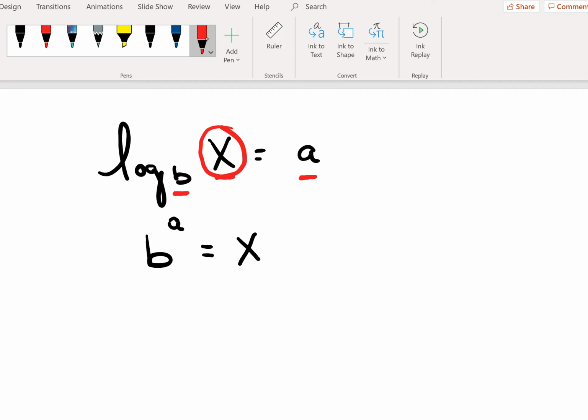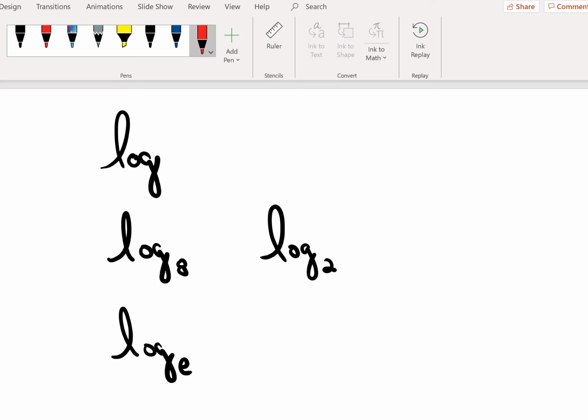Now, this is the very fundamental definition of the logarithm, and we don't execute this process as much as you might think, but we do need to be familiar with the properties. First thing we need to discuss is a bit of notation. When you see the log function, log,